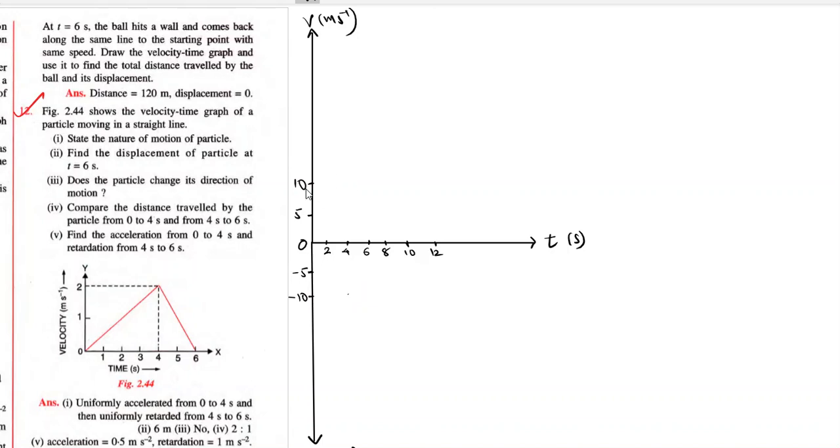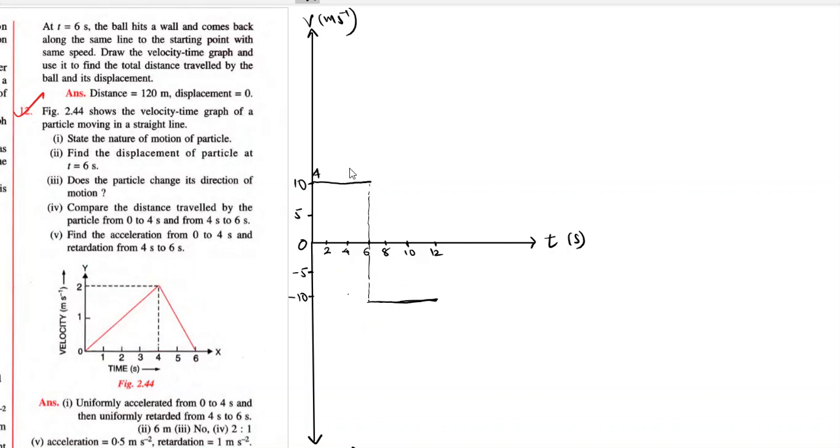First, let us draw the velocity time graph of the first 6 seconds. So the ball travels in a straight line for 6 seconds with a velocity of 10 meter per second. So this is the graph, uniform velocity. At 6 seconds, what happens is suddenly the ball strikes a wall. And now for a further 6 seconds, the ball starts moving in the opposite direction. The velocity time graph will be in the fourth quadrant. Why? Because the velocity will become negative. So this is how the graph will look. This is a dotted line.